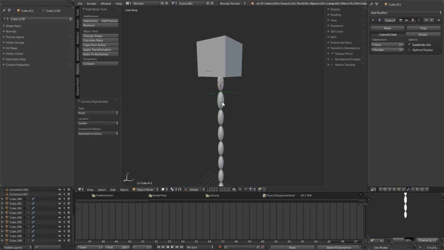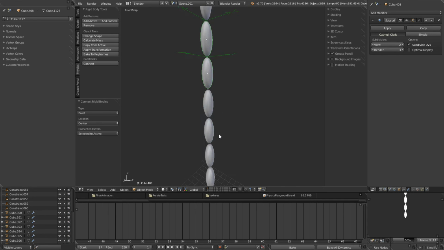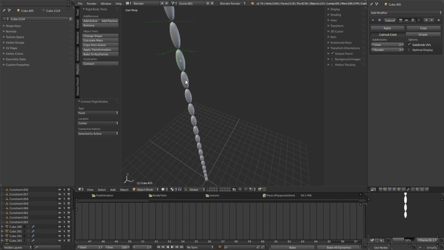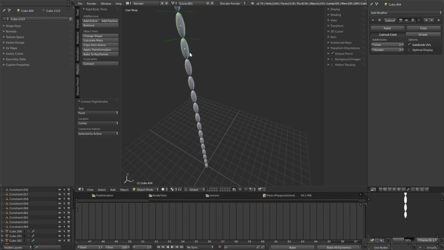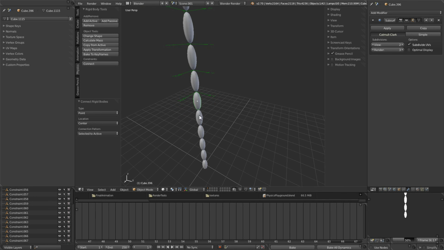So we can keep selecting the newest chain link and then shift select the next one that doesn't have the connection, tap Shift R, select the last one we added it to, and then shift select the next one down, tap Shift R. And then we can just repeat this. I can continue shift selecting these and tapping Shift R. And like I said, we're just using little bead things here, but we could also use loops or anything like that,